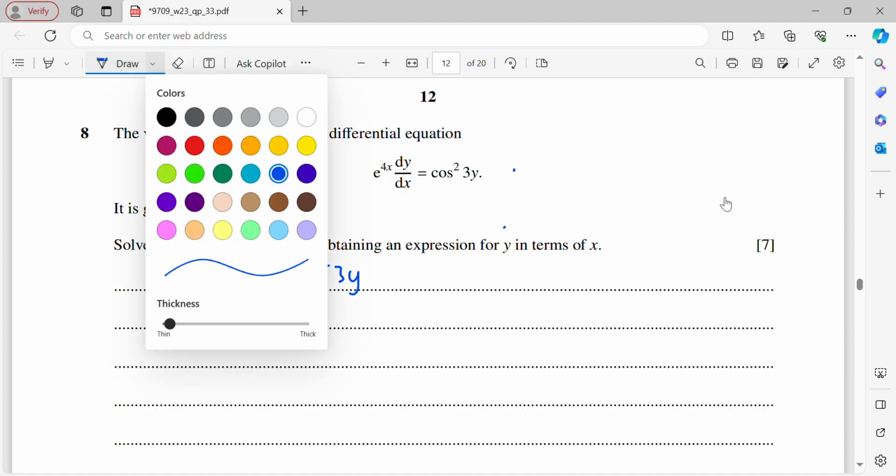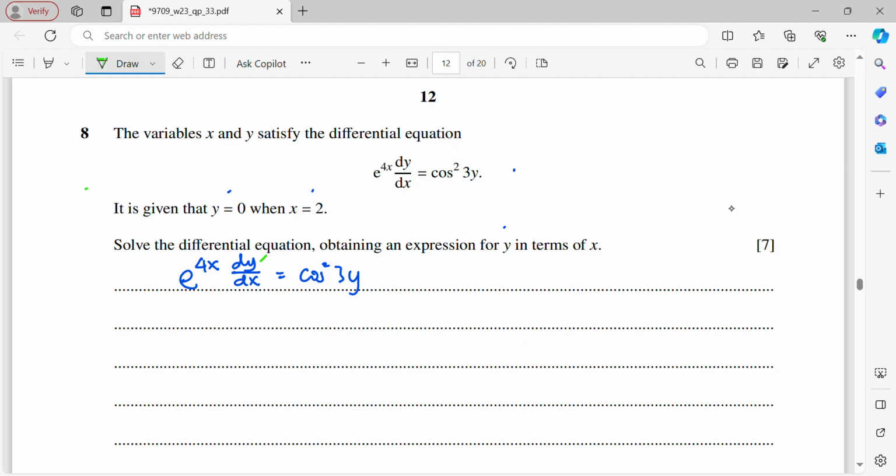Now, since dy is the numerator, that means the y should be on the left hand side. So therefore, I need to move the cos squared 3y to the left side. So I will get 1 over cos squared 3y, because it's like this multiplied with it. So that's why when I move, I will have to divide. Then here is dy. Then my e to the 4x will be moved to the other side. So it becomes 1 over e to the 4x. Then the dx moves up. So once you have split the variables,